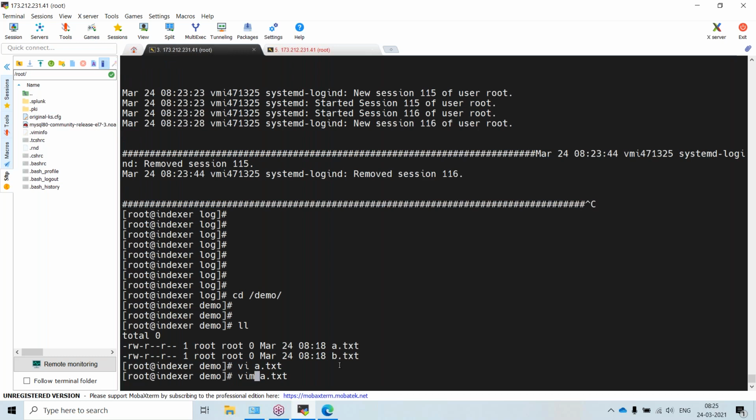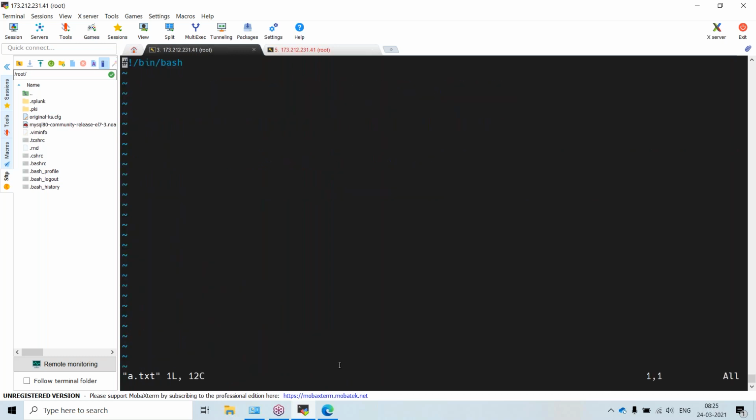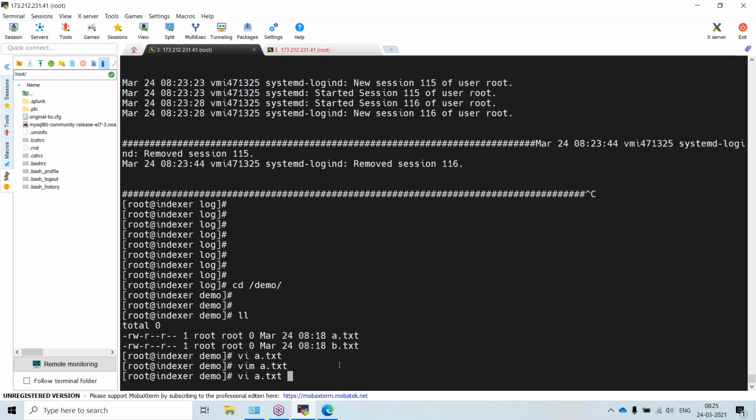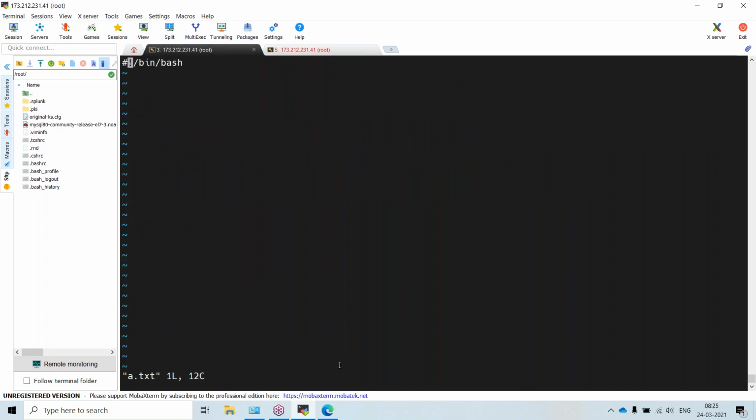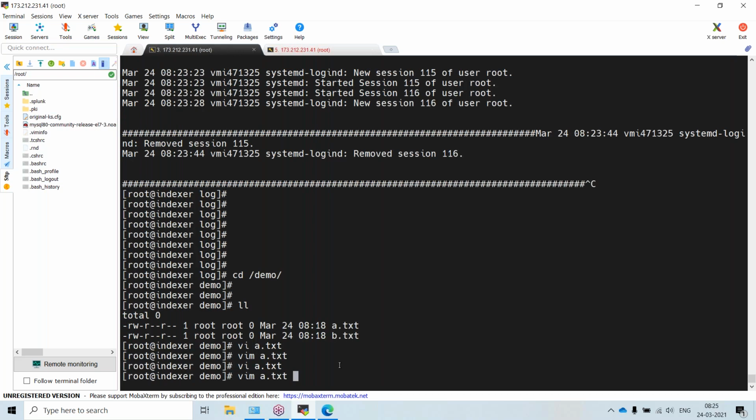If I give vim, see that the color is changing. Now it is blue. So for coding, if you have any syntactical errors, it is easy to see in Vim rather than vi. Here, if I make any mistake or delete this one, I don't know. But if I go with Vim,